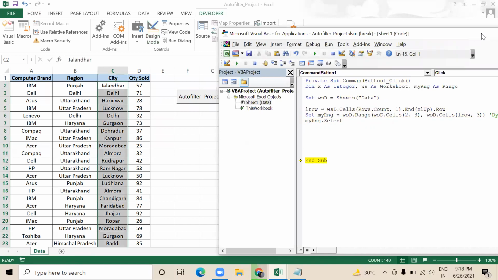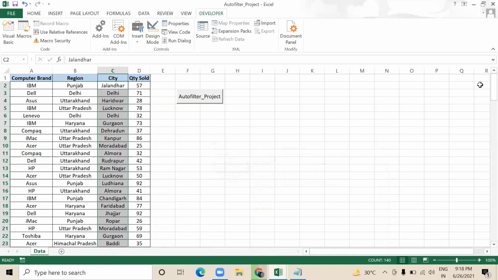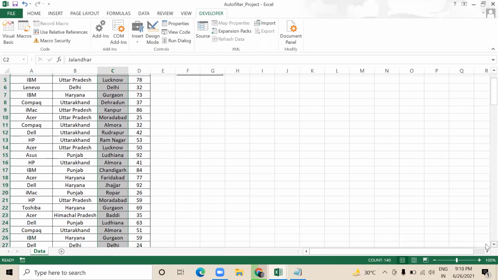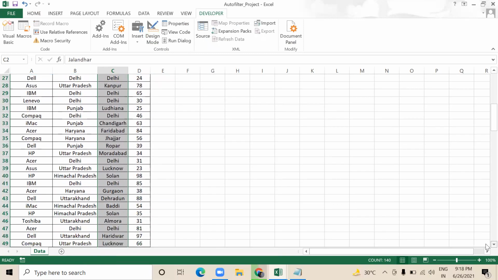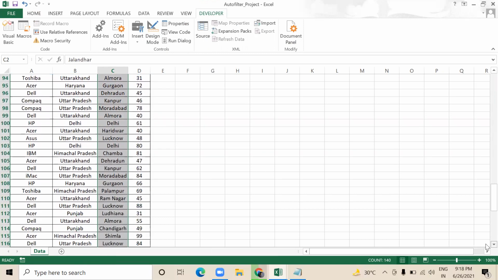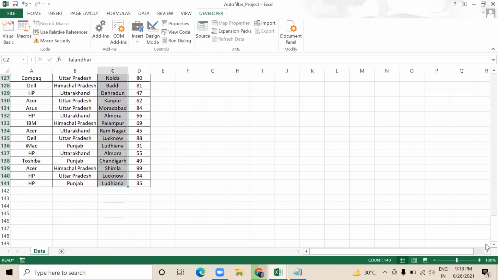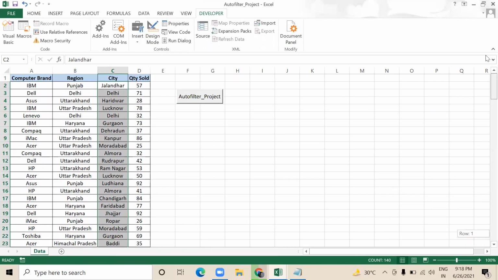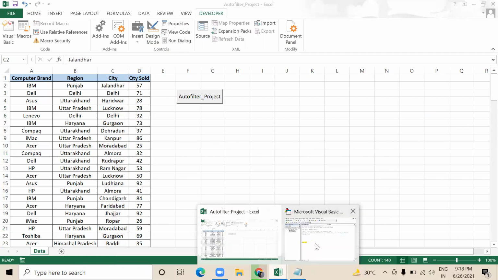You can see here the entire range has been selected, till the end. This is a dynamic range, guys. If there were any blank cells in this range, it would still have selected the entire range. So this is the dynamic one, and it's working fine.